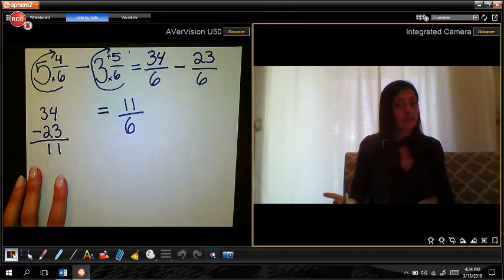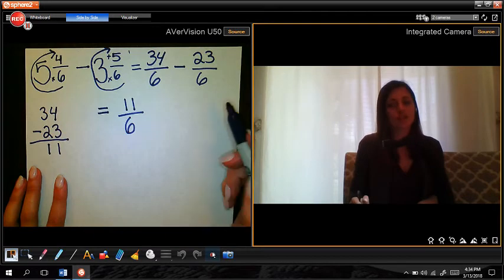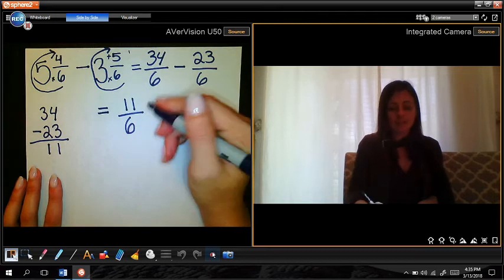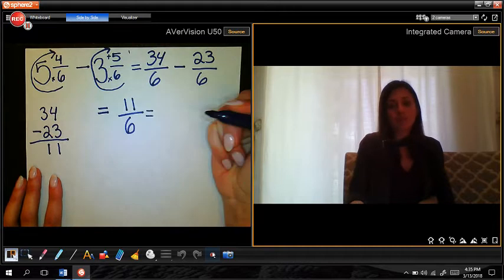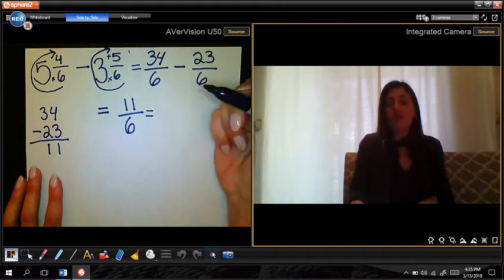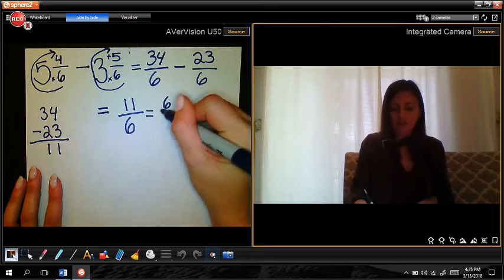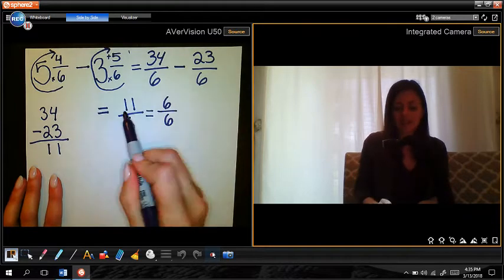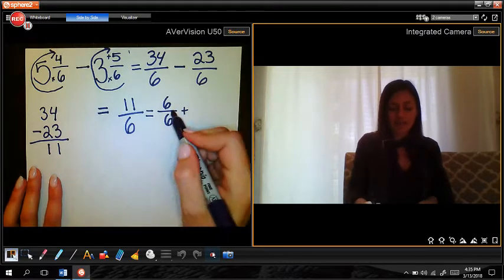But do I want to leave my answer in an improper fraction? No. So I'm going to convert this back to a mixed number form like these to make sure that I get my answer correct when it's graded. So I'm going to ask myself, how many times can 6 go into 11? Or I'm going to decompose. I'm going to decompose for this one because it's a smaller numerator. So I'm going to start with my whole fraction, which since my denominator is 6, my whole fraction is 6 over 6. Then I'm going to figure out my difference between 11 and 6. 11 minus 6 gives me 5